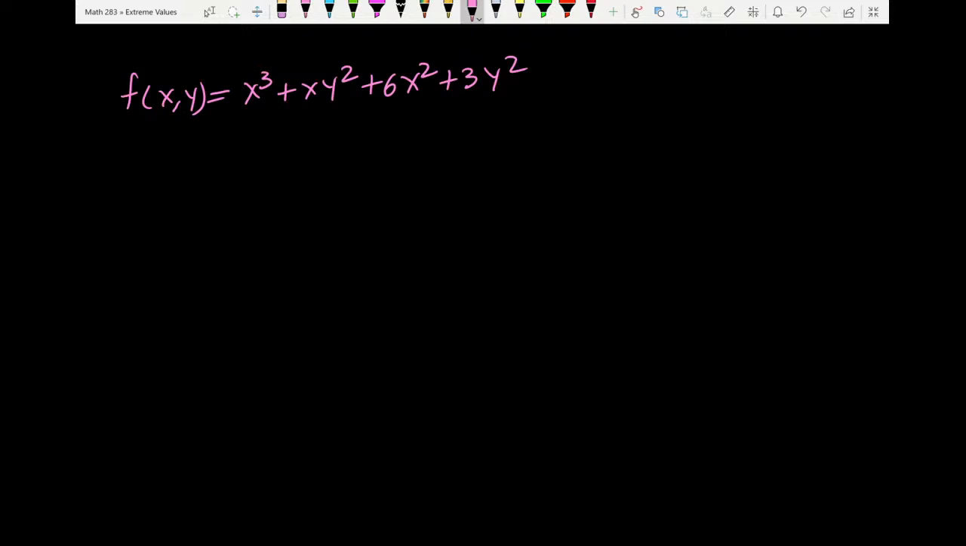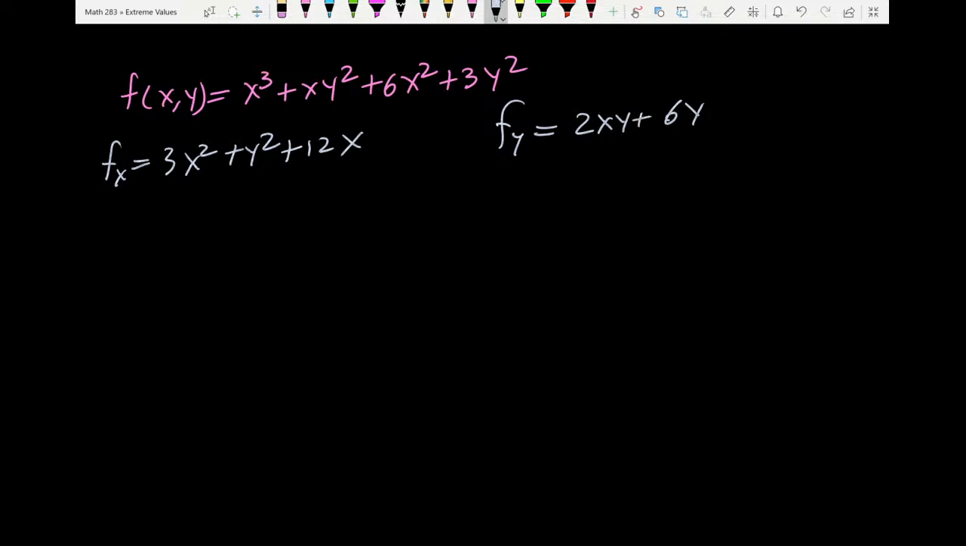All right, let's do it. So what's f sub x, guys? 12x, and f sub y. Oops, plus. You set them equal to 0, right? From that, what can you get? y equals what? 0 or